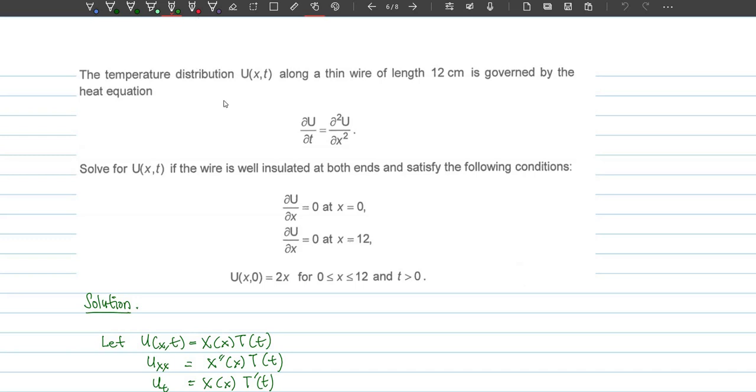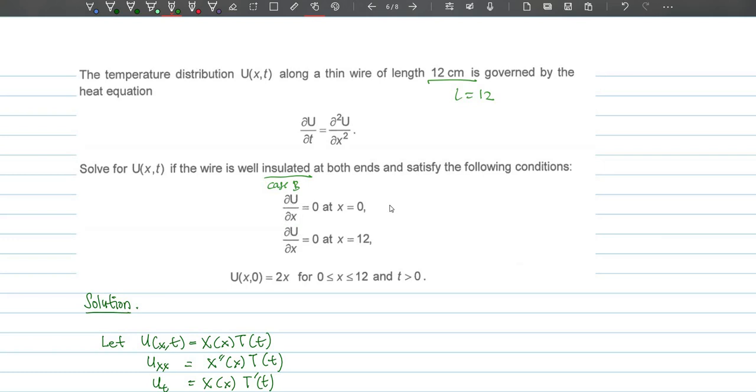So right now the temperature distribution u(x,t) along a thin wire of length 12 cm. So we know that L is equal to 12. It's governed by this heat equation. Solve for u(x,t) if the wire is well insulated, case B here, at both ends